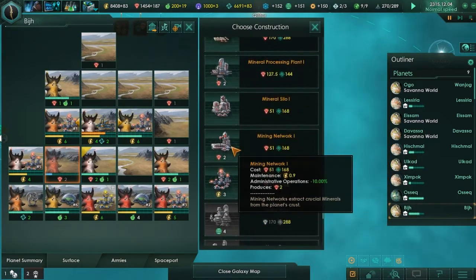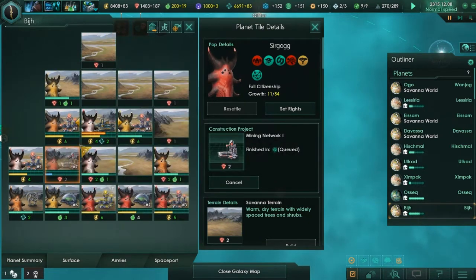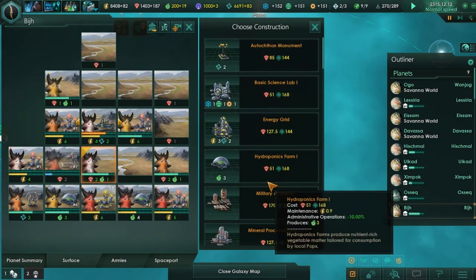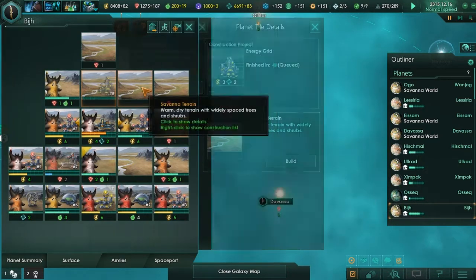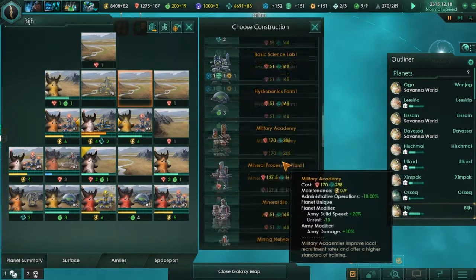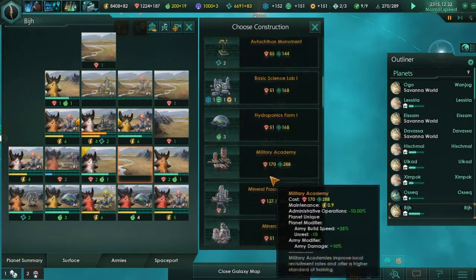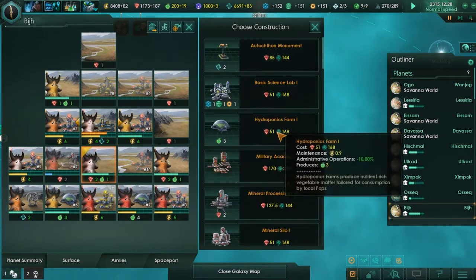Minerals, mining networks. I don't think we need any more minerals. You know, energy is always going to be something that we need. So maybe that's something to concentrate on. Energy grid. You know what? Yeah, let's put an energy grid here if we can. And then power plants here. Because I think we're as good for minerals as we're ever going to need to be. But we're always going to need more and more energy. If that makes sense. So what we'll do here is we'll build a...